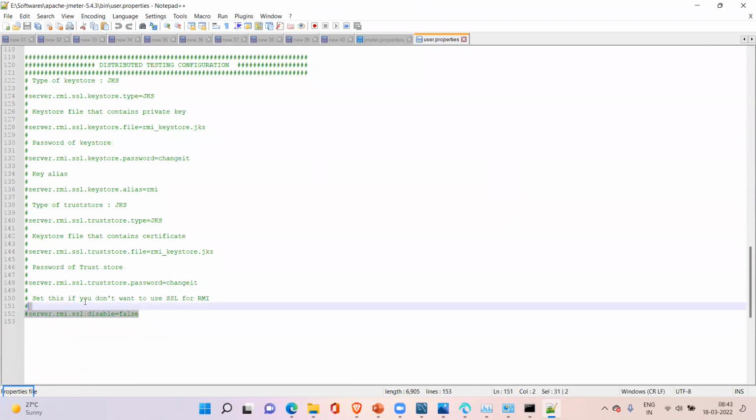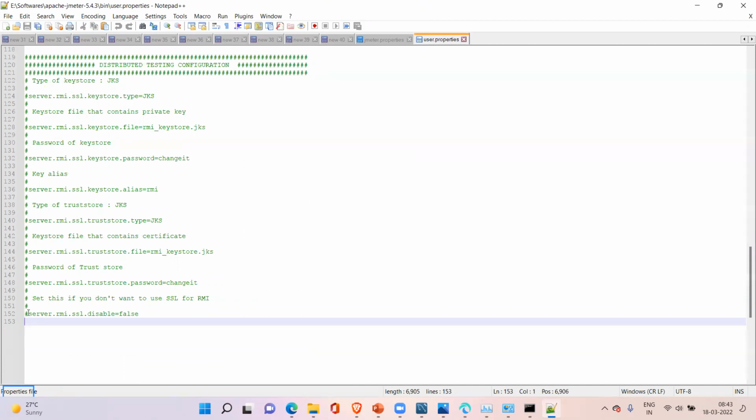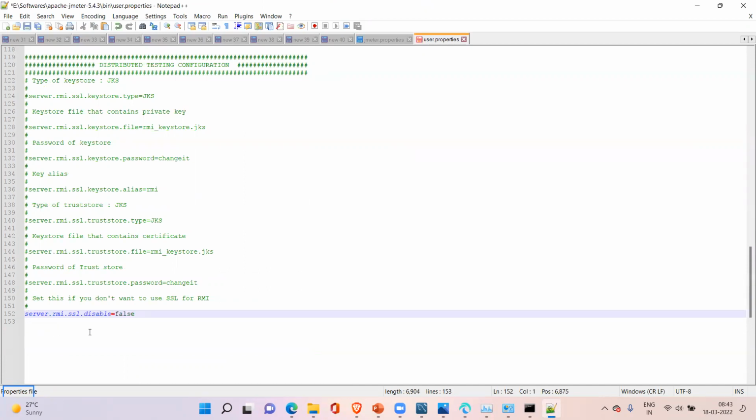I already copied it. Observe here. What you have to do is uncomment this line. Remember, the hash is the comment marker, so if you remove that hash, it becomes an active line. Like in LoadRunner, comments are in green color.